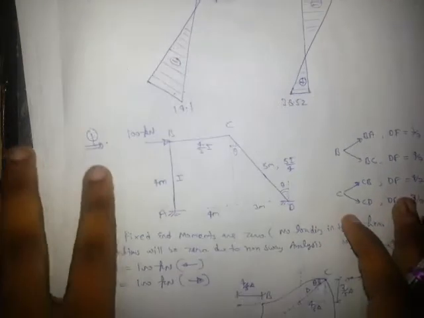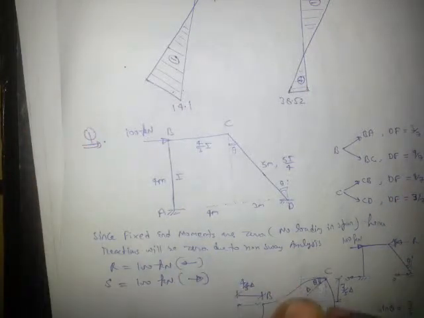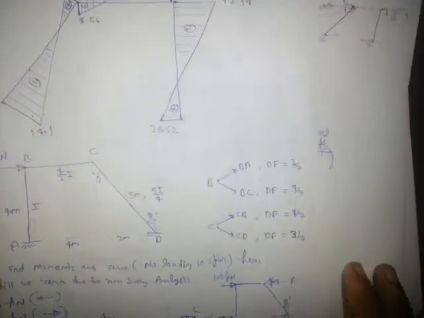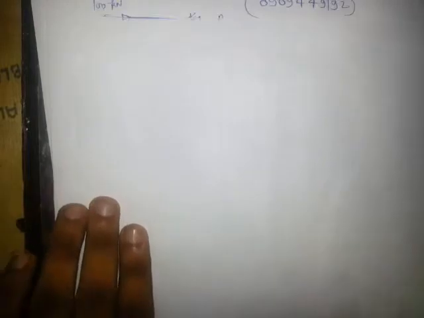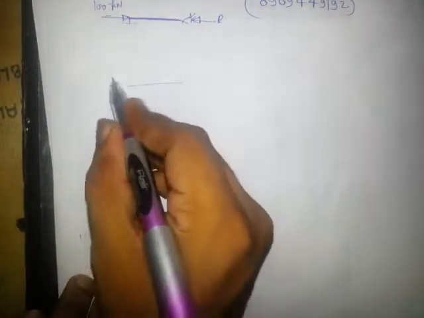Okay, moment distribution is over, right? Now we will start the slope deflection method. The second method is the slope deflection method. Look, what is the method? We will see the joint displacement. While doing this method, we see the joint displacement, which means at a joint we have at most, in 2-dimensional loading, 3 displacements. For example, this is a beam.